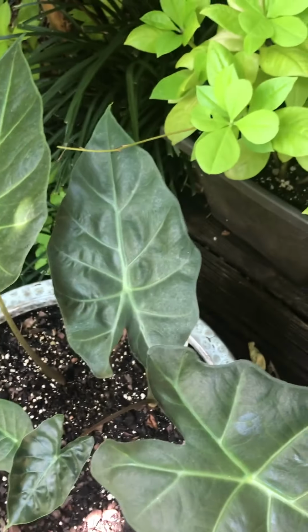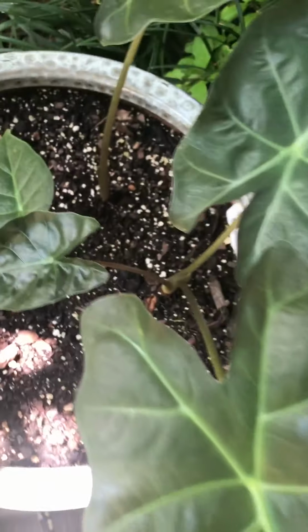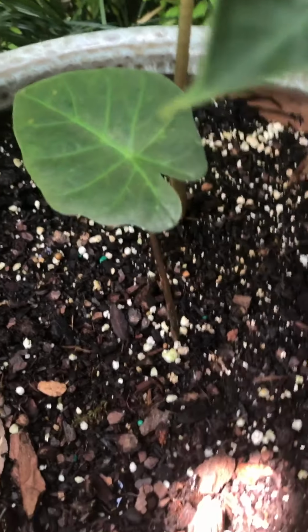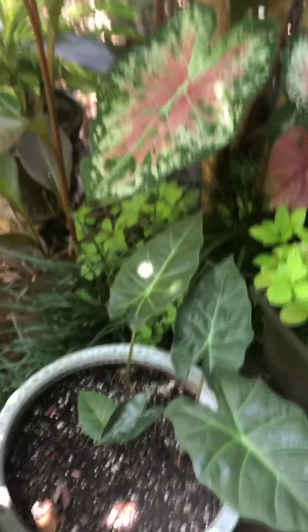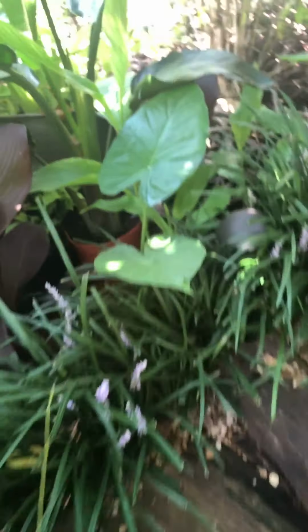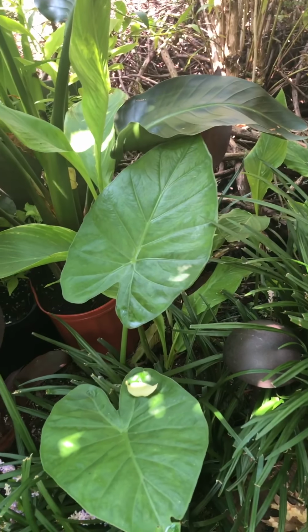But this one I found second, and it's already on its 3rd leaf. And then this one down here I found last, and it hasn't shot anything out yet, so hopefully soon. I love plants to grow up big, but like I said, this is the regular Alocasia, upright Elephantine,